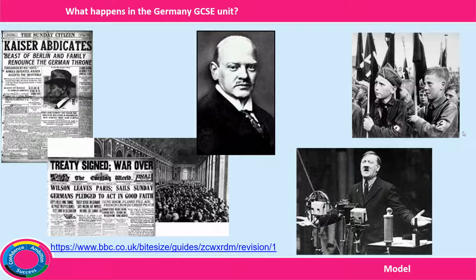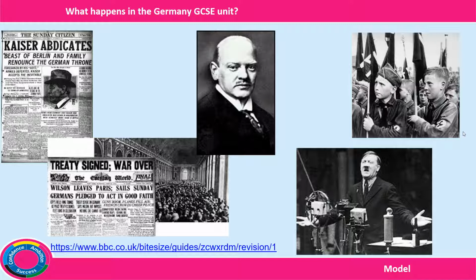Many Germans, remember, believe that they could have won the war if they'd been allowed to carry on fighting. And they are devastated that their politicians have signed a treaty which they see as crippling. The treaty means that they have to reduce the size of their army, they lose land, they have to take complete blame for the war, and they also have to pay that huge reparations sum.